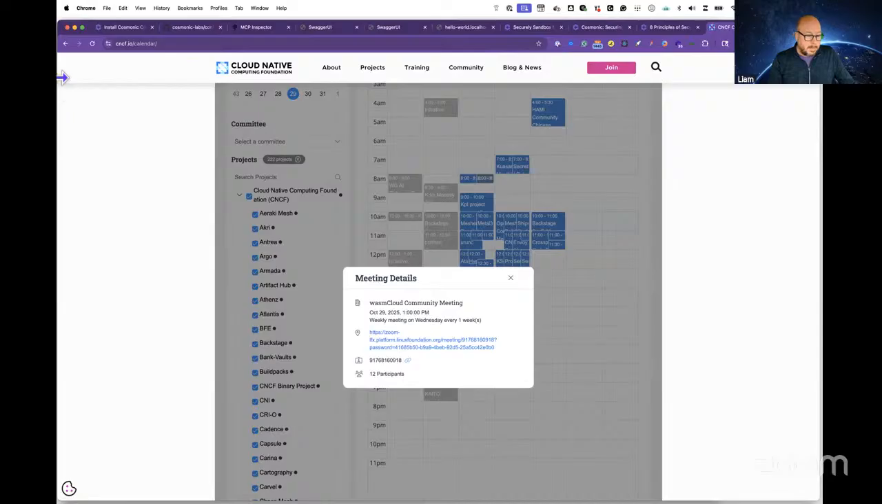But in the meantime, I wanted to go ahead and kick off a demo of the new sandbox MCP plugin that we have just released. We always love to start Wasm Cloud Wednesdays with a demo. Let me just find my notes here. So what I'm going to start with is